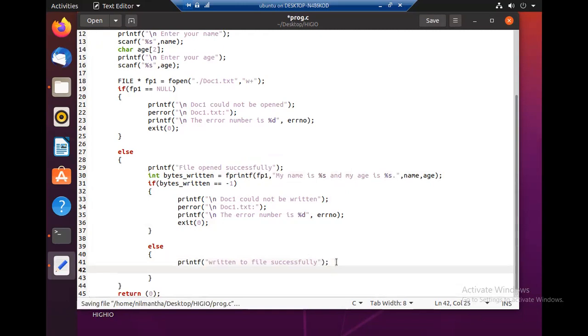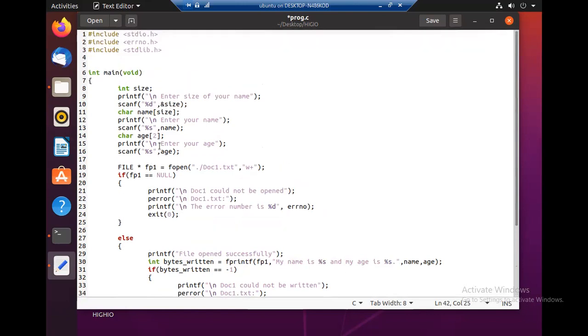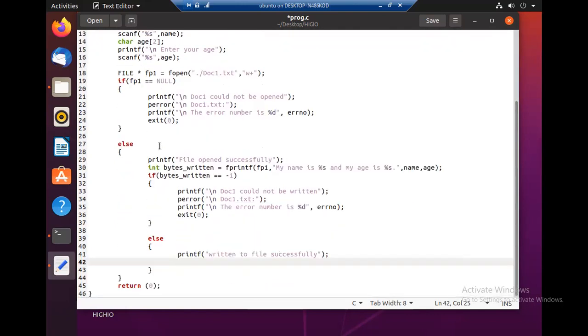And the most important thing is, we have to free this file pointer to be allocated in the consequent programs to other file pointers. So we have to close this one. The corresponding function that I taught you a moment ago is fclose, the file close function.